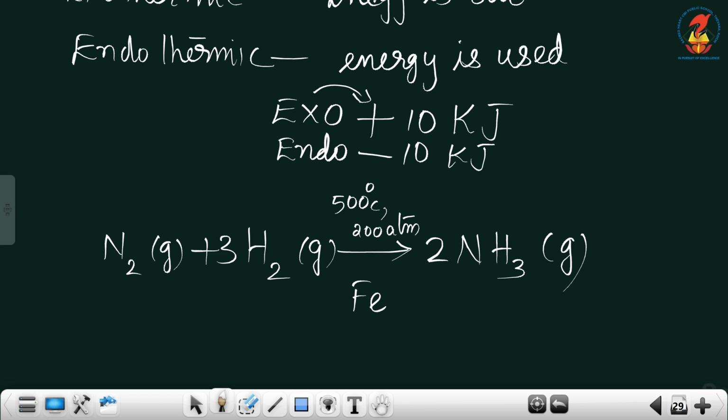First of all, we have to balance the equation. After that, by putting the state symbols, or by writing the conditions above or below the arrow, or putting the plus and minus signs for showing exothermic and endothermic respectively. And if a gas is liberated, then we put an upward arrow there, and if it is a precipitate formation, then we put either PPT or a downward arrow. All these make the balanced chemical equation more informative.